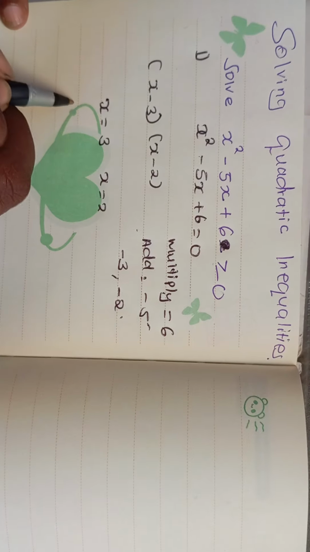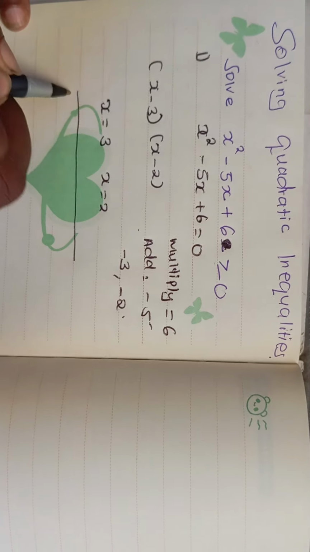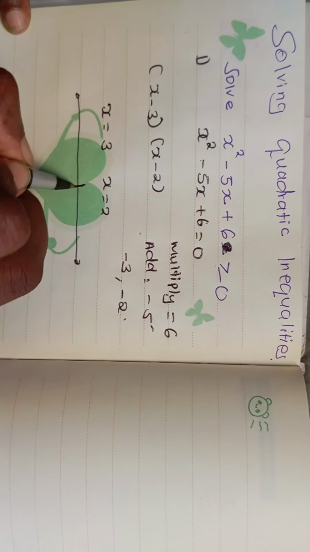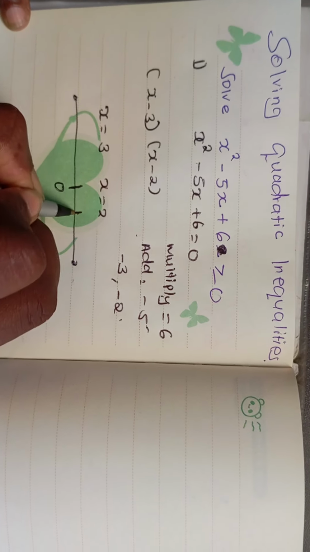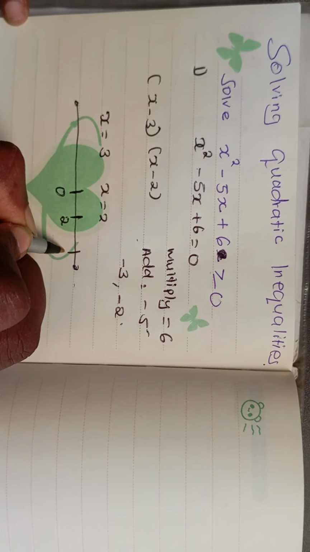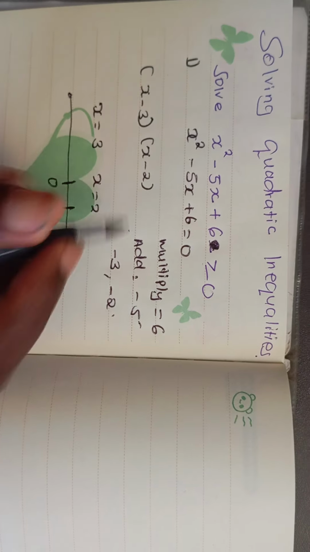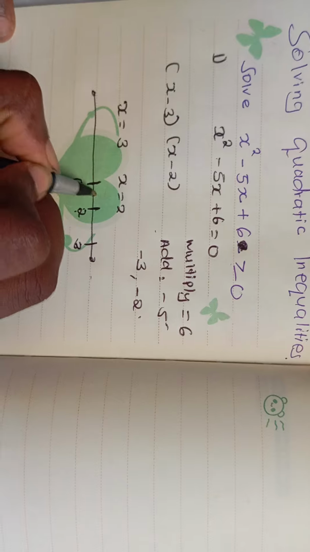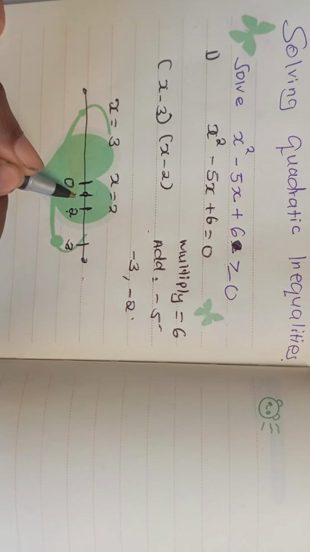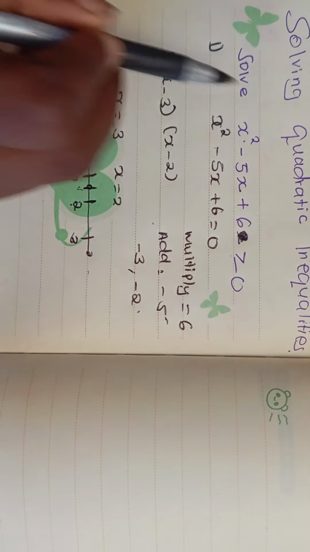Now the next step is for you to draw a number line like that one here. So you know at the middle here we have 0, here we have the negative numbers, positive numbers. So you have our number 2 here and our number 3 here. So we have to think of any number. For example, on the left side of 2, let's take number 1 here and we replace 1 in our inequality